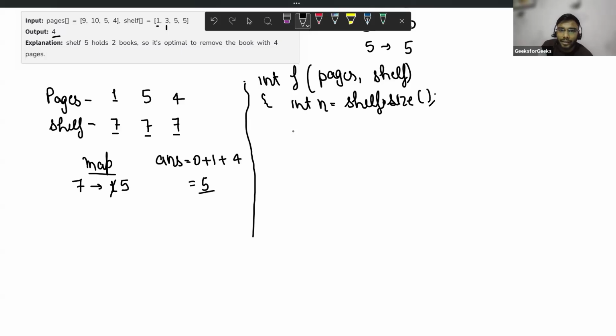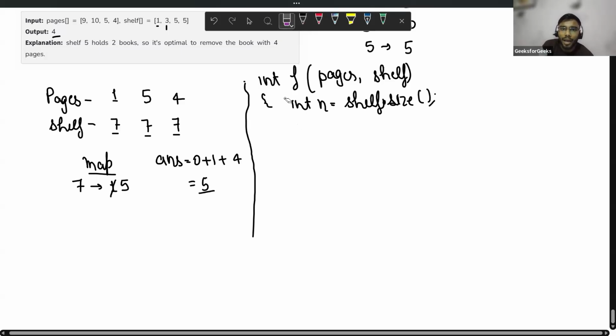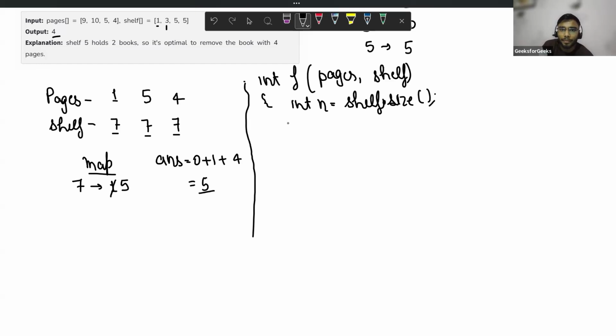After that, I can declare a map, because I'm storing these things in a map. So an unordered map, because here I need not store them in order. Unordered map of int comma int. Can I name it mp?